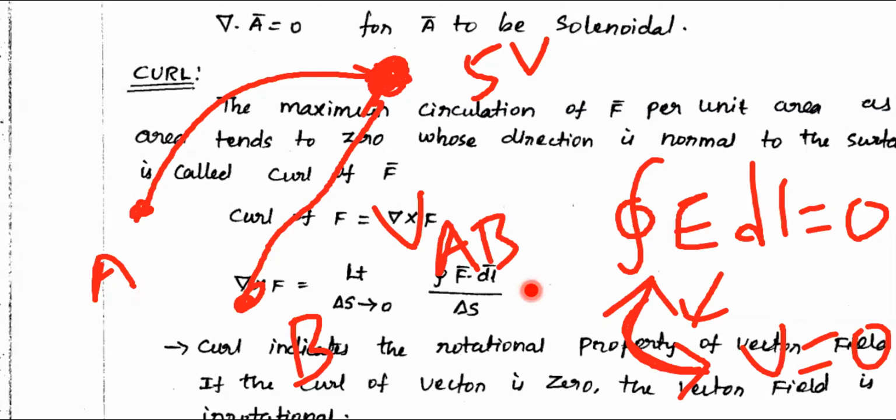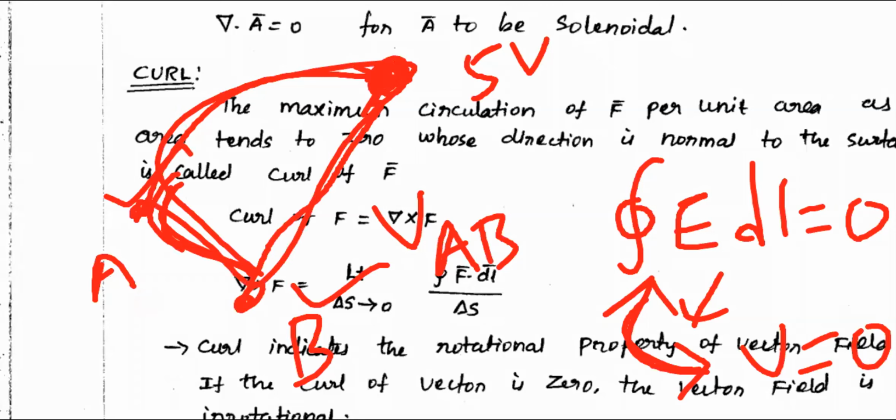Instead of connecting this in this way, it's as good as making a short circuit, because the voltage at A and the voltage at B are the same, and again it is forming a what, sir? A closed line. That's why the closed line integral of E dot dl is equal to 0. Anyway, there are some other proofs, I will explain later. At this juncture you just remember this.